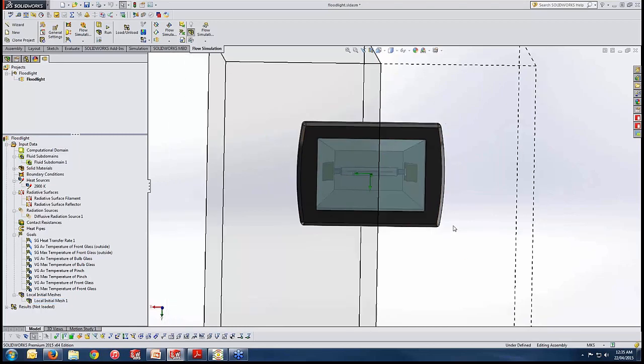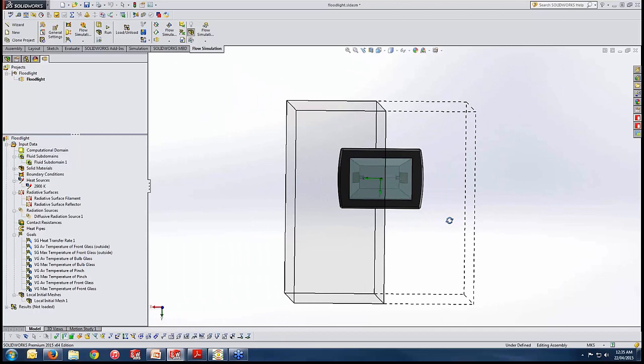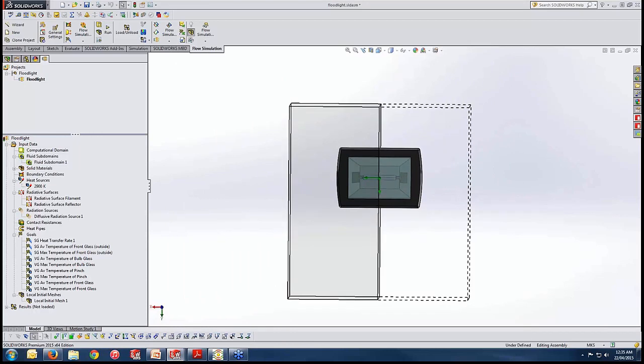Okay, now the setup of the project is finished. We considered heat transfer, convection, and radiation. We activated the radiative surfaces as one default, two local. We specified the radiation source, and also the goals and different solid materials. Now by clicking run, and when it's finished, you can review a couple of things. The first thing, as we said, the ultimate goal, is to check that none of these components are exceeding or overheating their operational temperature. Therefore,